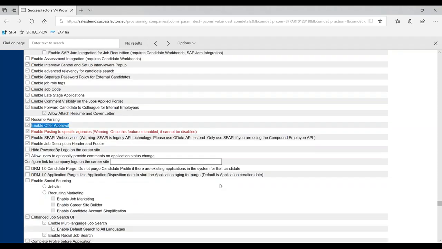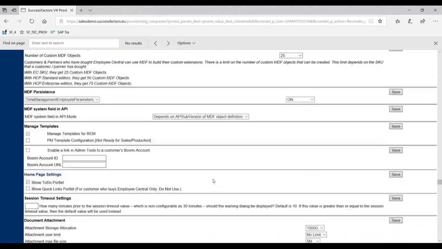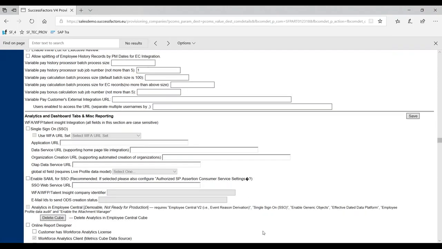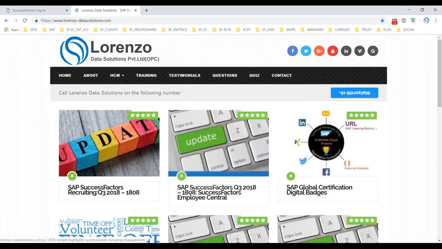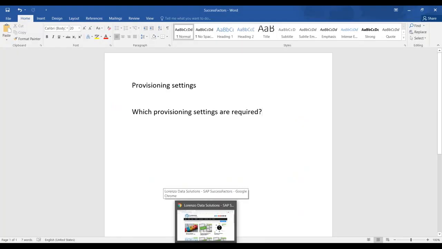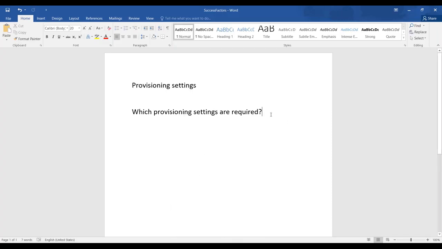Whatever settings and features I have explained till now, these are some of the important settings I wanted to explain today as a prerequisite to make your recruitment product work successfully. These are the critical settings, and also the optional, non-critical settings we have covered. Now, before we move on to configure roadmaps, rating scales, enabling language packs, or configuring your pick list,